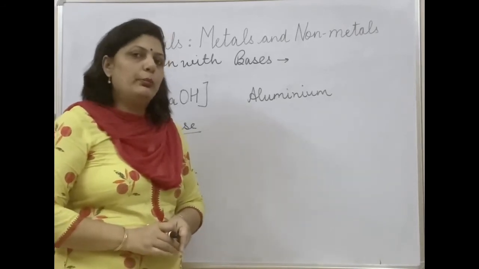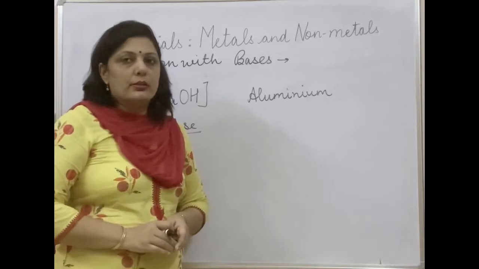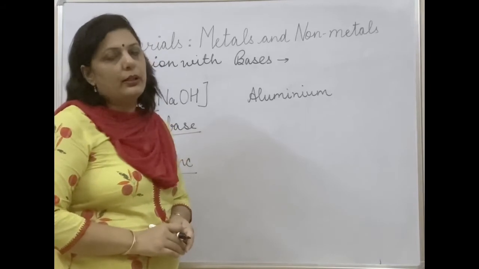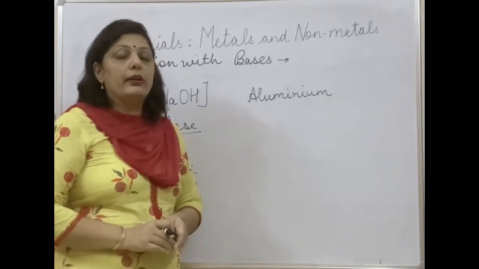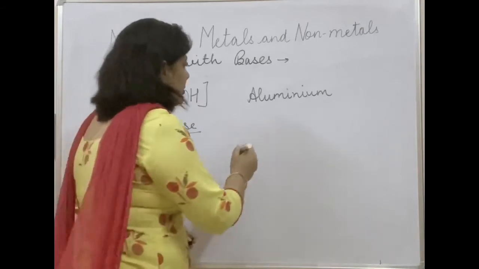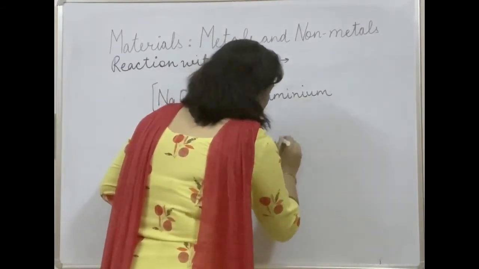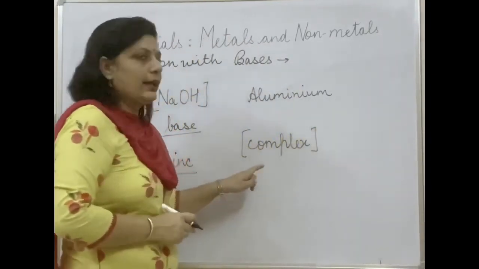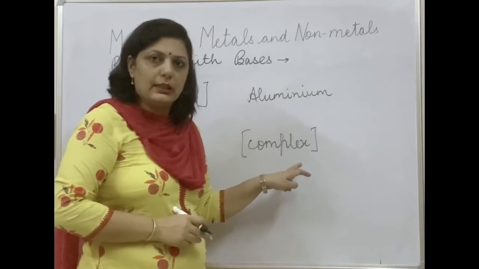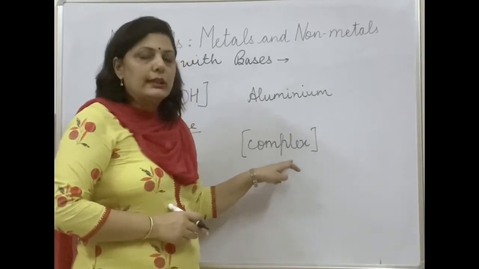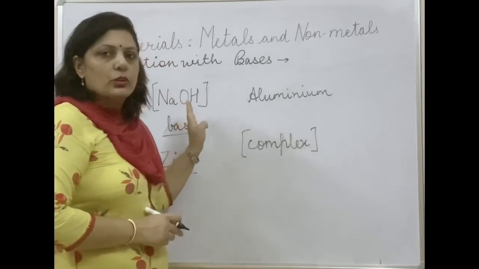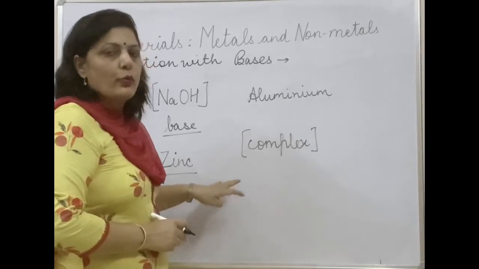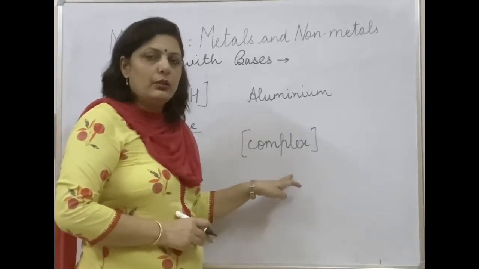Otherwise, for the journal, you will mention that most of the metals do not react with bases. Then when we talk about the non-metals, again these react, but the reactions are very complex. The reactions are so complex that you will read about them in detail in your higher classes. For now, you will just write that reactions of non-metals with bases are very complex. So this is the difference: most of the metals do not react with bases. A few do, like aluminium and zinc I have told, whereas non-metals do not react with the bases.